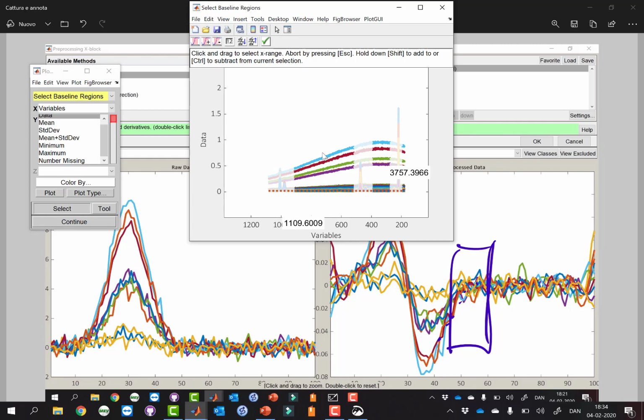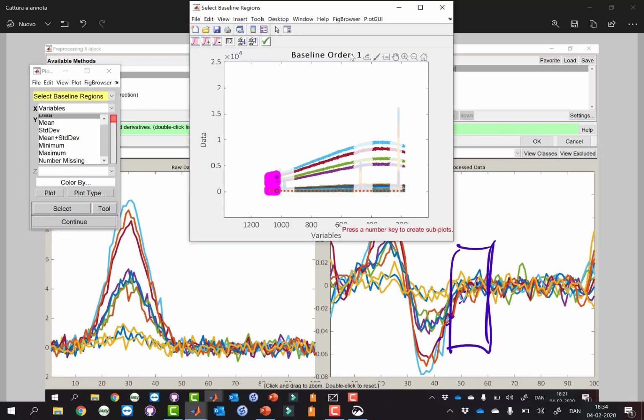Okay, and now I also have to decide what kind of polynomial I want to fit. I can do a first order, which we know is not enough. So I think I'm gonna go for the third order polynomial. That's the one we tried before, and it sort of makes sense that that would be the right one.